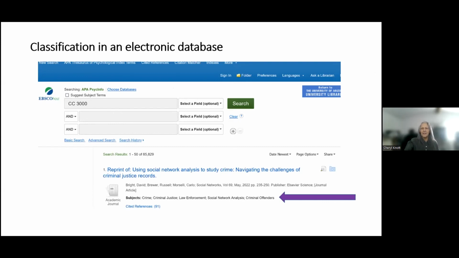And I have this purple arrow just to point out that CC 3000 is a category, a broad subject area within psychology or within Psych Abstracts. At the same time, you can see that the subject descriptors are more specific and more likely to be used to retrieve information. But just thinking a little bit about how useful is this sort of legacy feature,